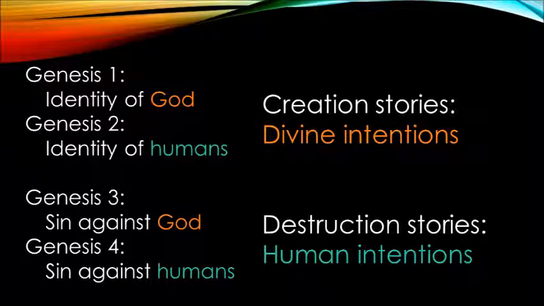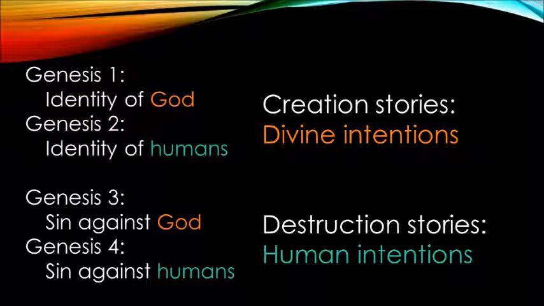If, for example, we look at the first four stories, the first four chapters of Genesis, we will find a structure that is really quite telling. The first chapter deals with the intentions of God, what God was all about. Who is God? It answers that question. Whereas the second chapter really answers the question, who are we? Who are our people? And notice that these two chapters both tell us about what God's plan is.